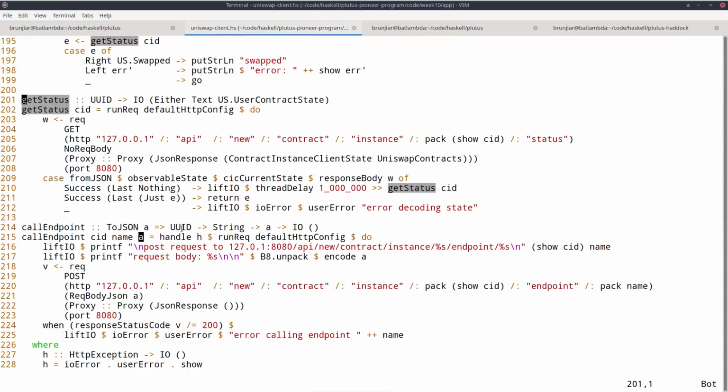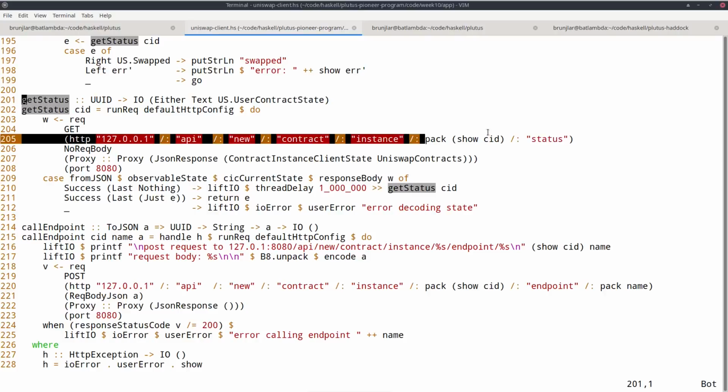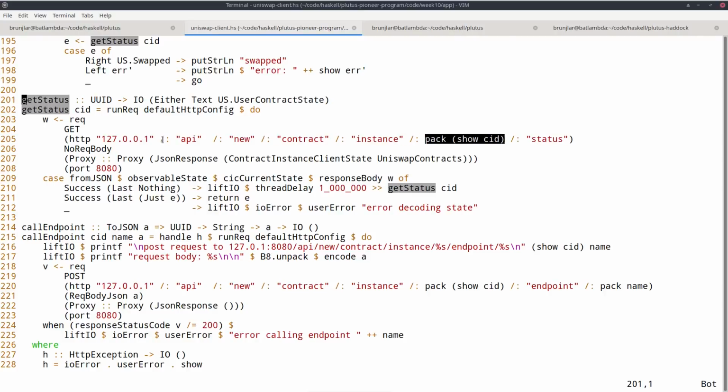And the get status is a get request that invokes this HTTP endpoint called status, again with the CID. And it doesn't take a request body. And I have to tell it what I'm dealing with, so that's why I need this Uniswap contracts type here, and that's also why this Uniswap client executable also needs access to this Uniswap module.